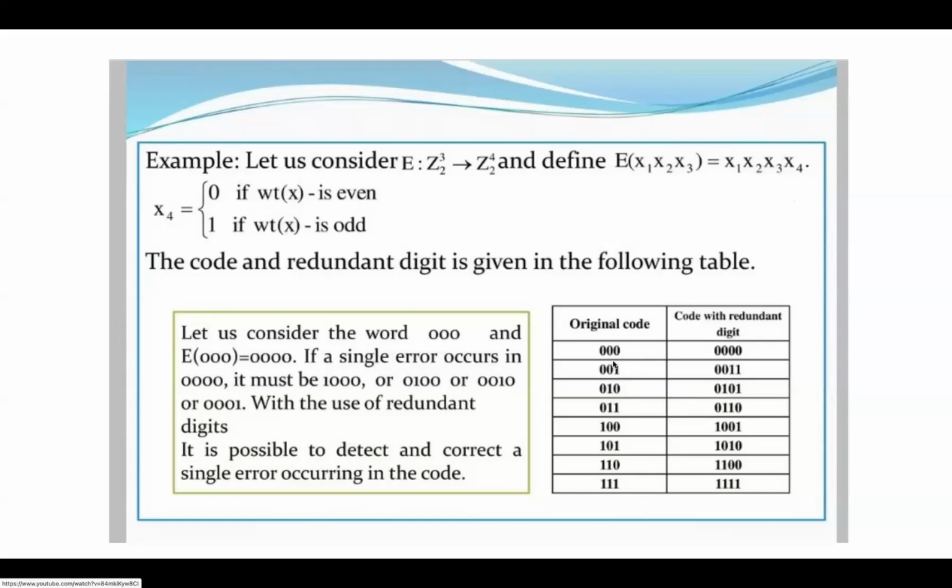You will have x1, x2, x3, x4, and in the redundant digit version, x1, x2, x3, x4, and x5 you have to append. Take the same condition here.